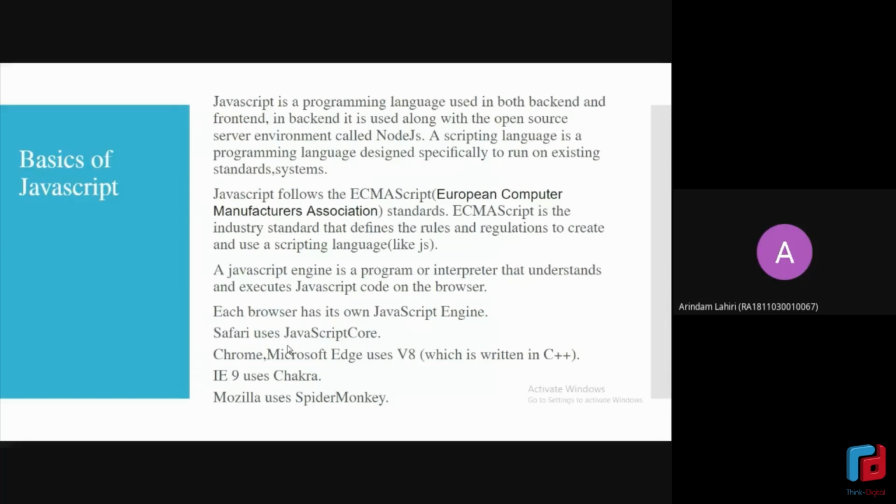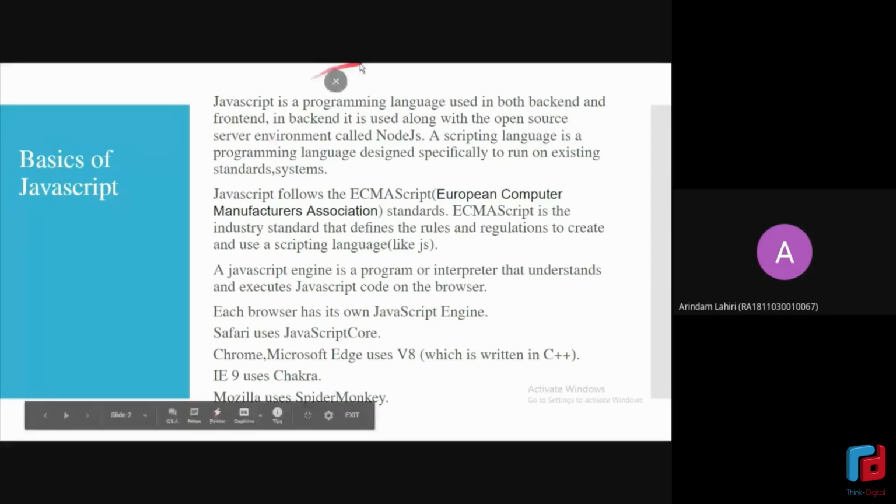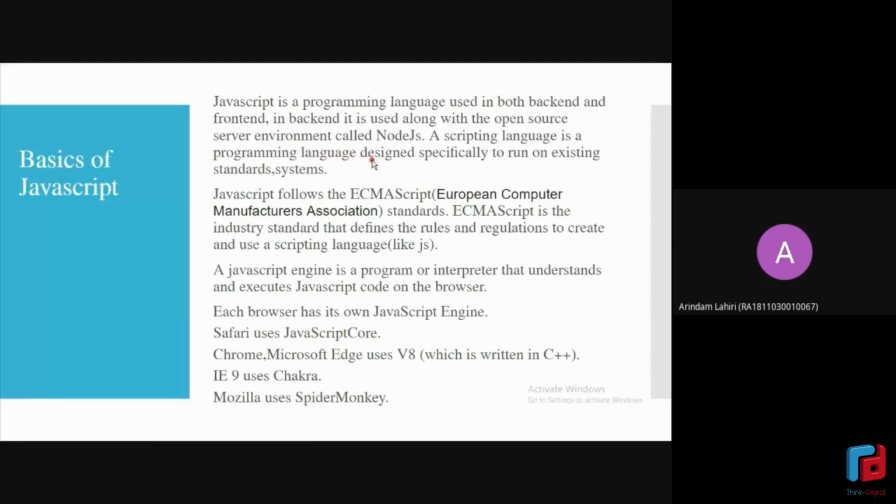So first of all, JavaScript. There's a lot of text on your screen. If you want, you can go through it. I'll just give you a quick summary. JavaScript, as you can see, is a programming language, and it's used in both the backend and the front end. So in this way, it's a very unique language. If you compare it with other languages like Java, C++, or Python, their use cases only lie in the backend because they are very useful in calculations and everything. But JavaScript is a unique language in that sense because you can make full stack apps with it.